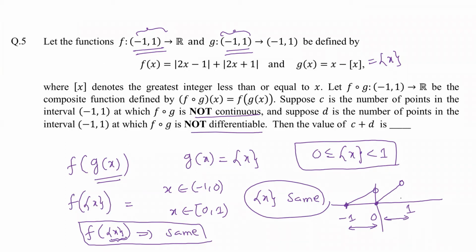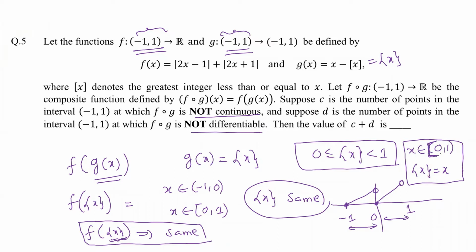And the third thing that we have to see here, when the value of x is between 0 and 1, we know this property also: the value of the fractional part of x is going to be equal to x. So these are some things that we need to solve this question, because the question is purely based on the properties of the fractional part of x only. So the fractional part of x will become x when x is between 0 and 1, including 0 also. At x equal to 0 also you can club it, or you can write open 0 to 1, it doesn't matter.